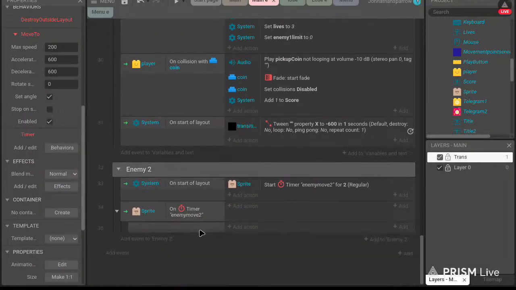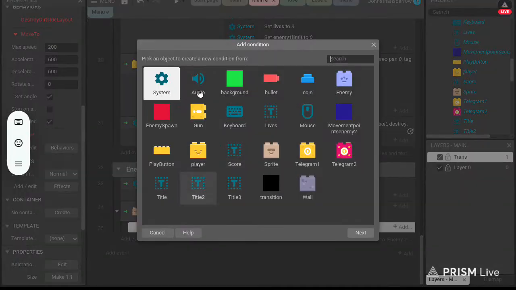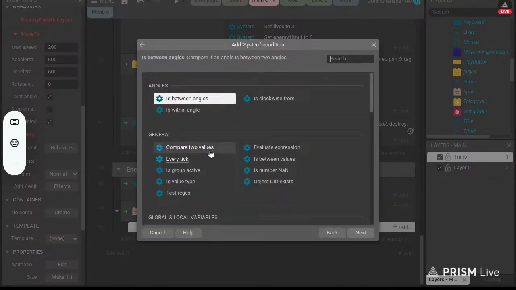But back to what I was doing. I wanted to pick a random instance of a move point.